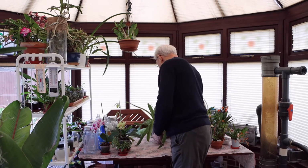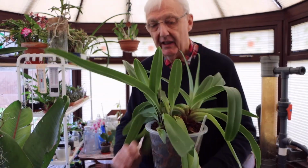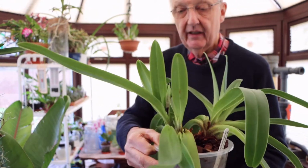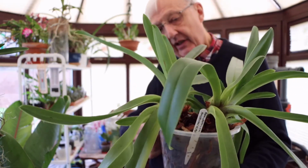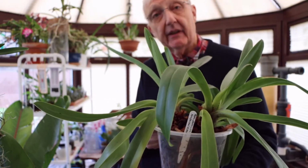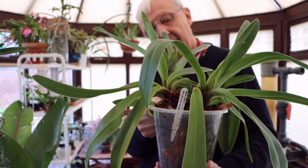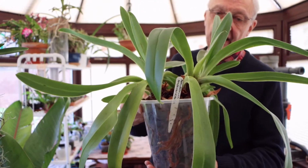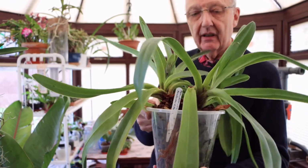And at the opposite end of the size scale, this is my American hybrid, what some people call a Bulldog Paph. And again, like the no ID Phalaenopsis, some people get quite snotty about these. Probably because they're too easy to grow, if you know what I mean. They're not a great challenge. Well, fine, but if you're just starting out and you need something that's going to grow for you, and not take an awful lot of looking after,